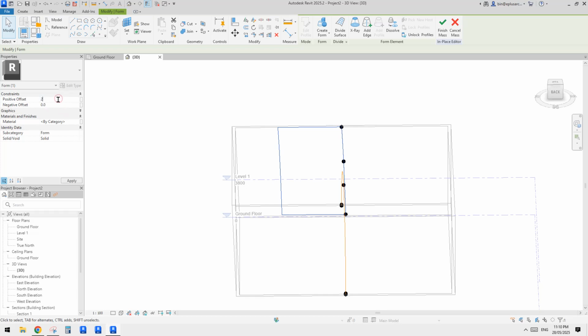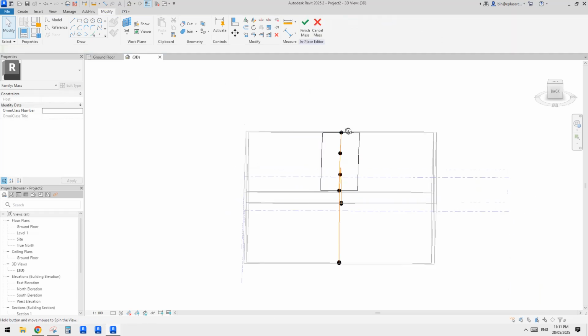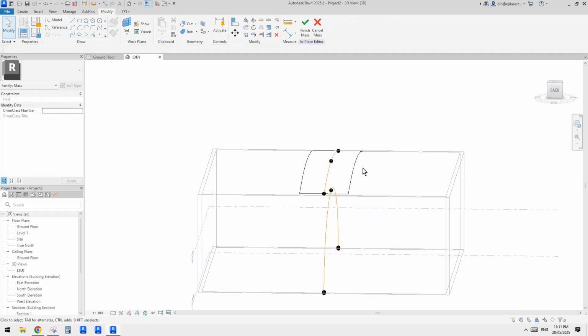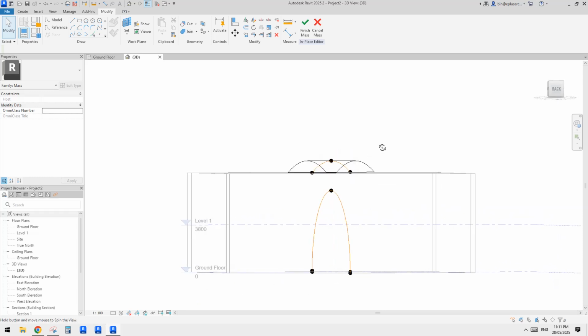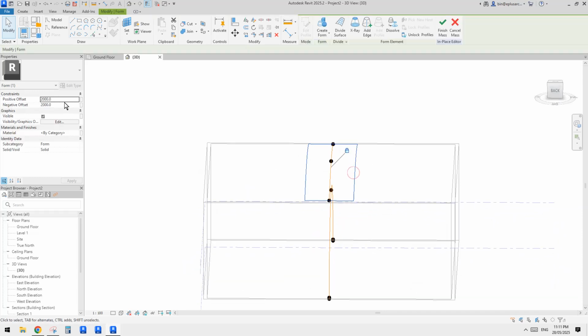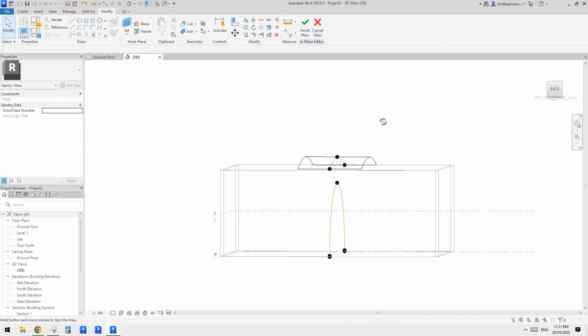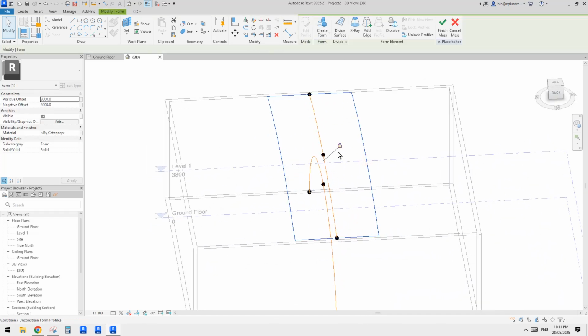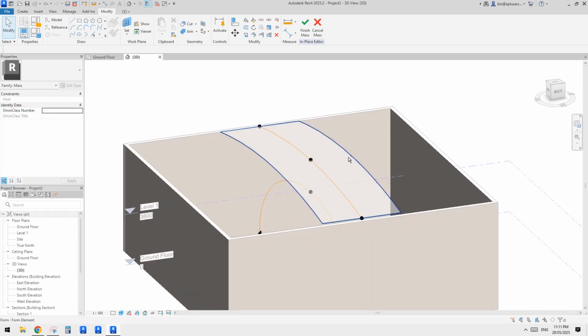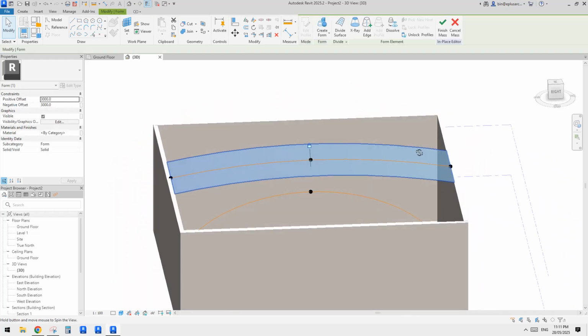Oh, not 2 millimeter, 2 meter. Yeah. Okay, so now we have this. Is that wide enough? How about 3 meter? Yeah, I think that's fine. And then we can select, let me change it to shaded. Now we can select,